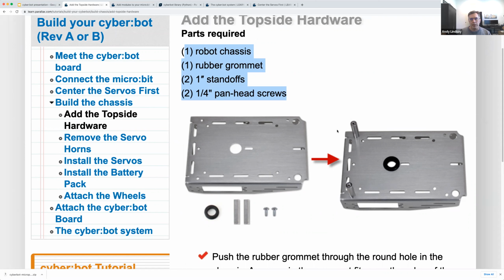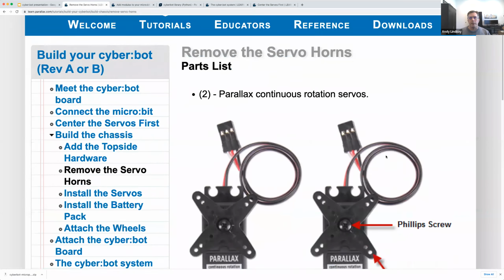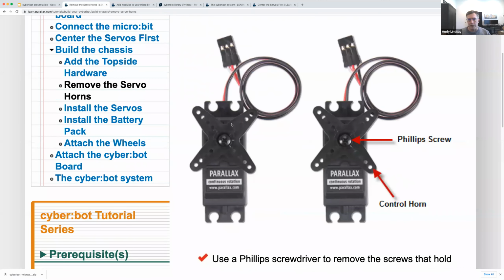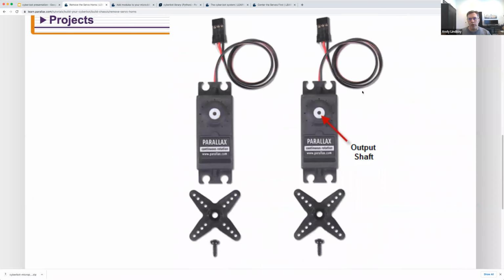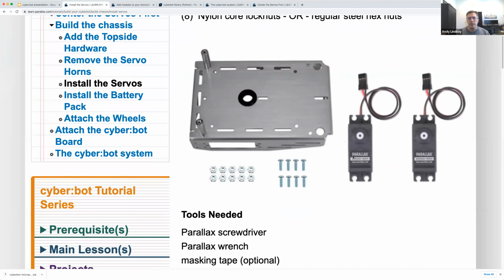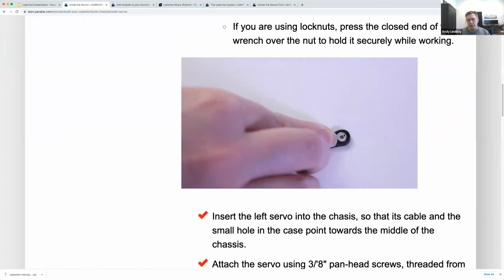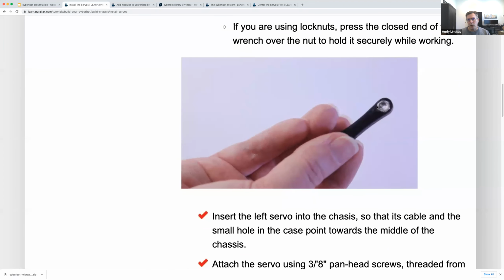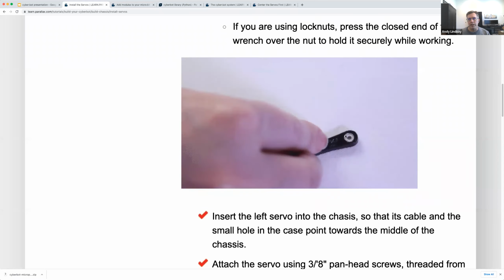And so this is connecting a couple of standoffs to the front of the chassis and adding a little rubber grommet. And then you'll go ahead and keep going. In this part, you don't have servo horns on, you don't have any plastic parts to remove, so that's okay. So you're already in this kind of situation right here. And then installing the servos, again, make sure to set them up. So this is how to use the wrench to hold on to a nut. And you've got a choice of nylon lock nuts or